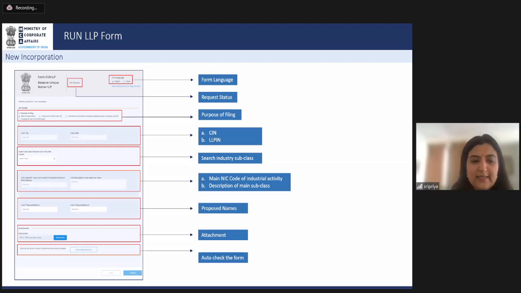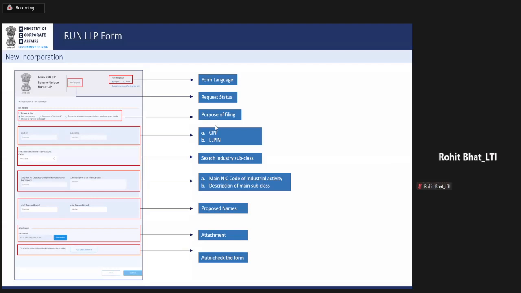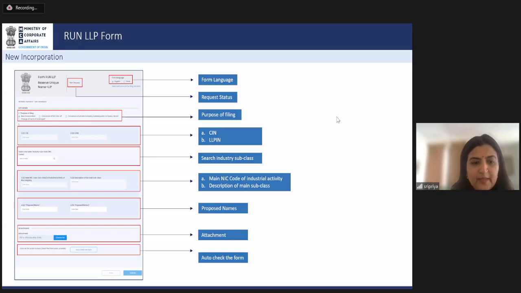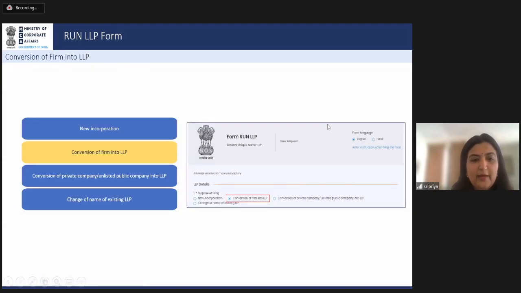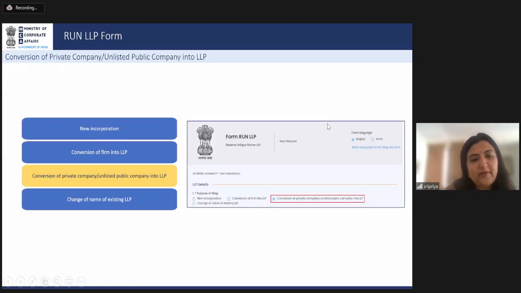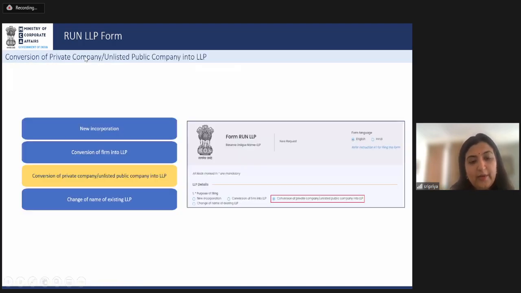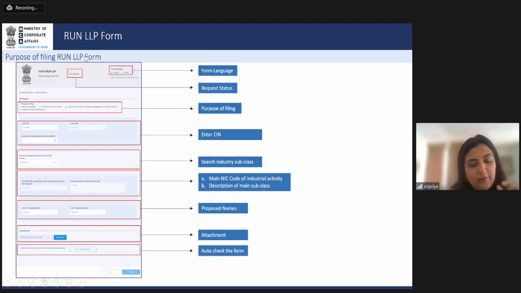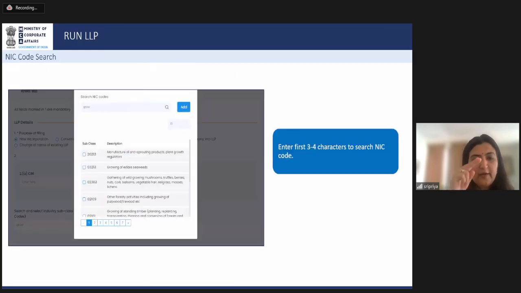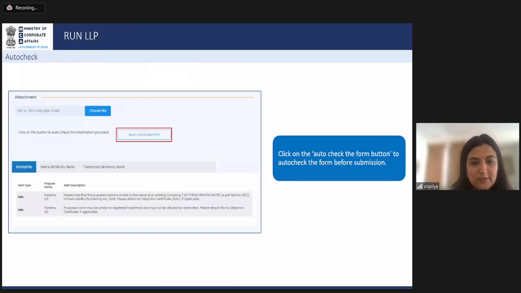So I'll give you a small example. If the name of your company contains a particular word, let's say national, it might throw an info for you. Your national could be featuring somewhere at the end of your LLP's name. It'll just throw up an info, but it won't block you. But if your name is similar to an existing LLP or to an existing trademark, there will be a very nice tab which will show you which trademark your name is similar to. And when you go to the submit button, you will find a crossbar there. It will not allow you to submit.